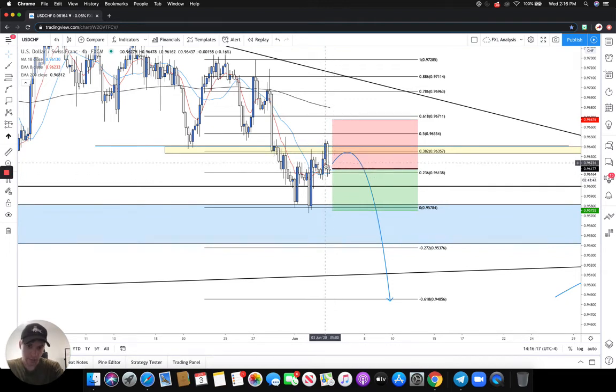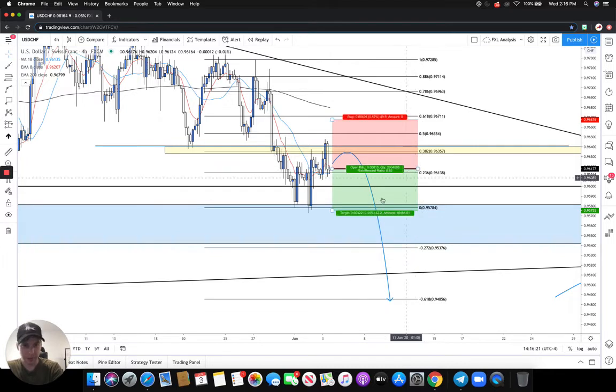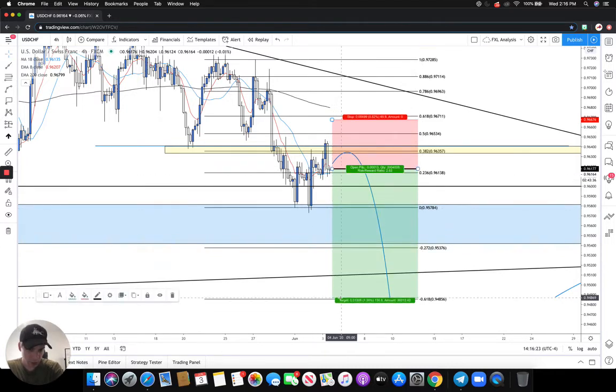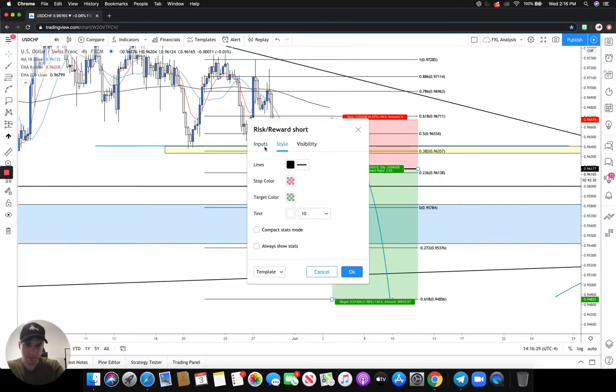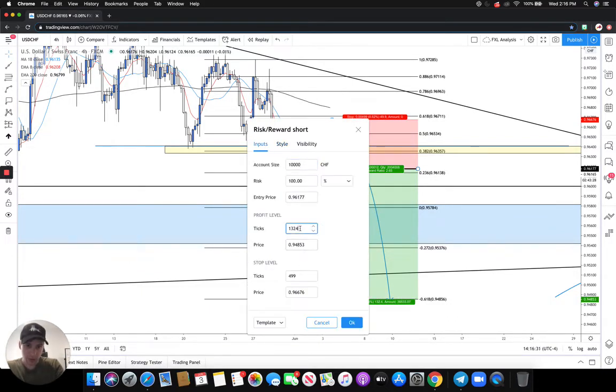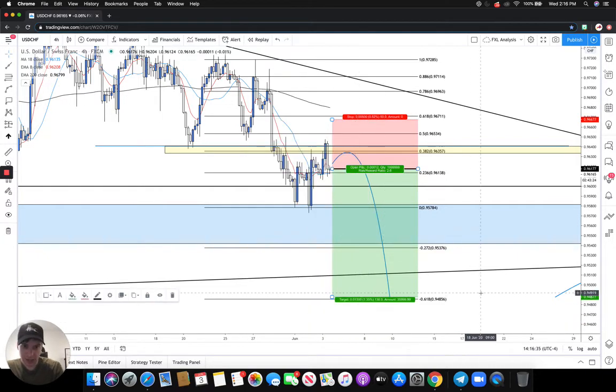So I would have liked this engulfing to be a little bit bigger. But nonetheless, we're going to drop time frames in a second. So essentially, this is what we're looking at. We're looking at, call it 130 pips. So we're risking 50 pips to gain 130 in this scenario. And this is a 2.6 risk reward. So very, very good risk